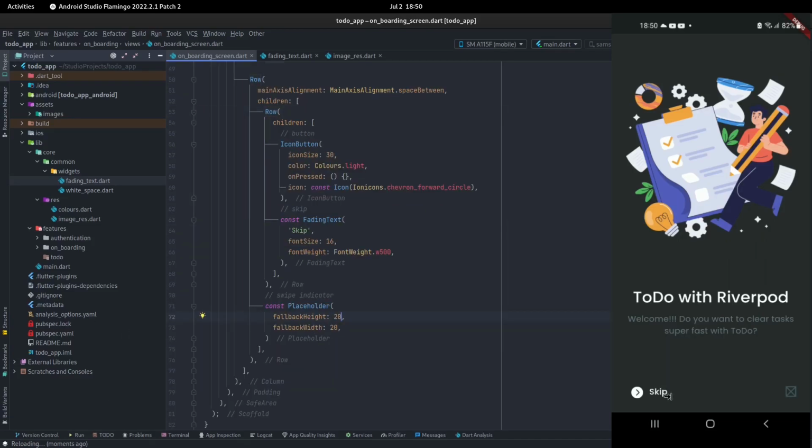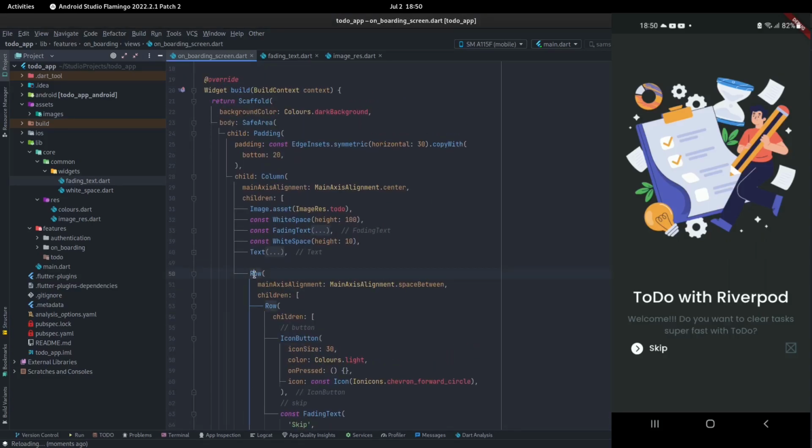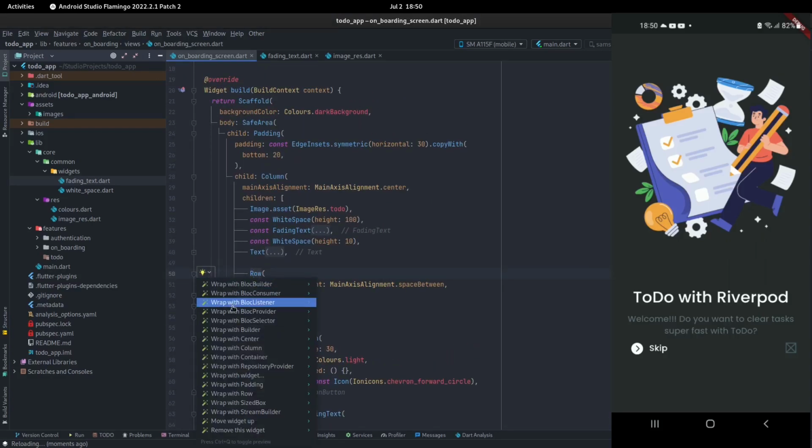So meaning that if we wrap this row in an expanded widget, then it would take the remaining and leave only 20 for this person. But right now they're only taking whatever they can take. This person is taking whatever it can take, and this person is taking whatever he can take. So that's how this works. What expanded will do, if I wrap this row in expanded,